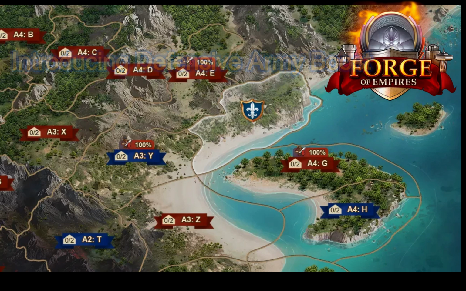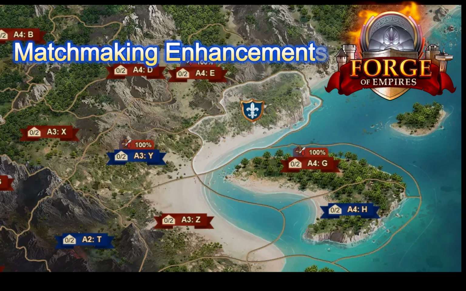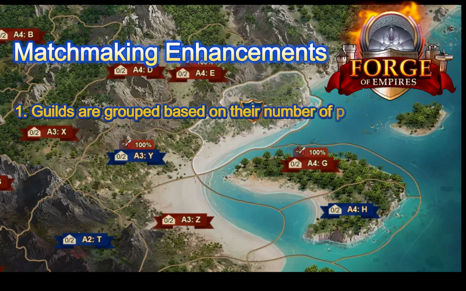Matchmaking Enhancements. Within this update, they have introduced matchmaking changes, the so-called avoidance mechanic. The goal of the new avoidance mechanic is to make the matchmaking system more dynamic and reduce repetitive matchups. Here's how it works. First, guilds are grouped by the number of times they've matched with other guilds in the